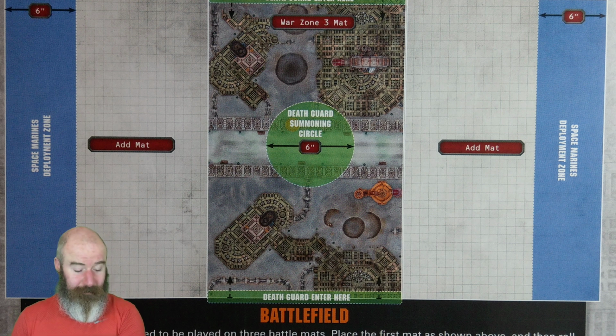The armies get a maximum power rating of 30, and the Death Guard must include 1 Malignant Plague caster and 1 unit of 7 Plague Marines with an Icon of Despair. So we've got 2 units of 7 Plague Marines now, assuming we've got all of the Dark Imperium